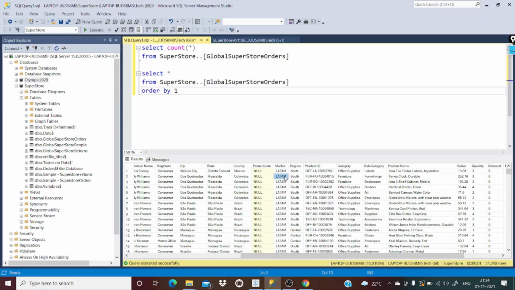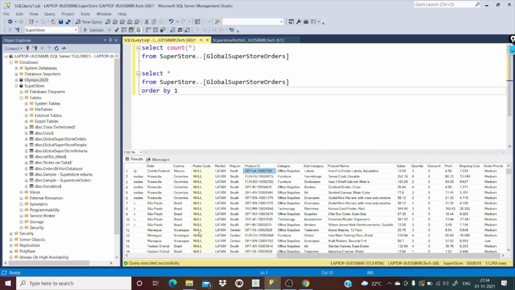This market is dependent on the country, and then region, product ID, what exactly the product is that the customer has purchased, category and subcategory, and then product name.